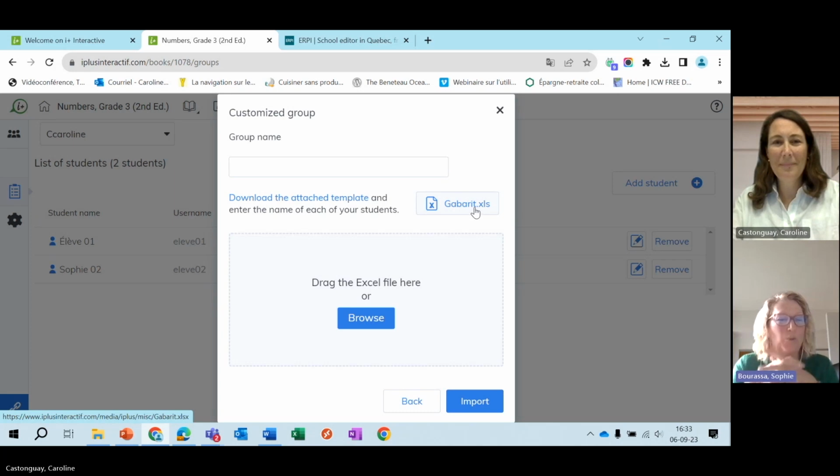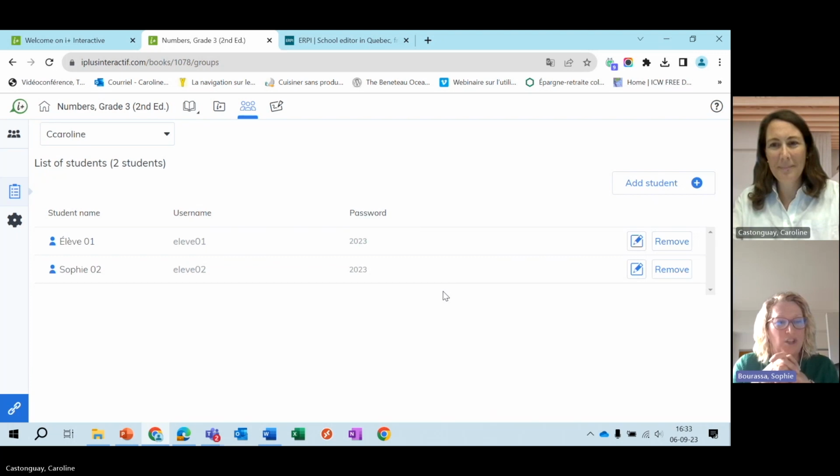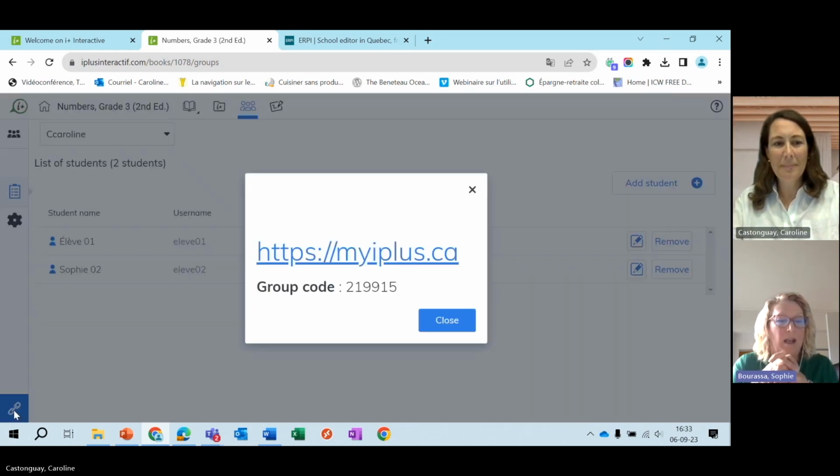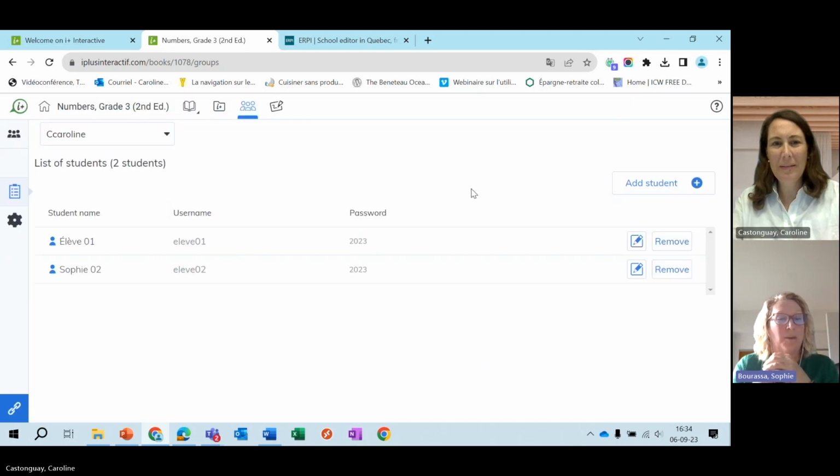So you can do whichever way you want. There was also a question on the bottom left-hand corner where you see the chain. If you click on the chain, this is what you will see in the middle of your screen. Some teachers see just the four arrows. If you click on the 4, and it happens that we don't see it on your screen now, Carolyn, but if you see one or the other, you should be able to have the group code jump in front of